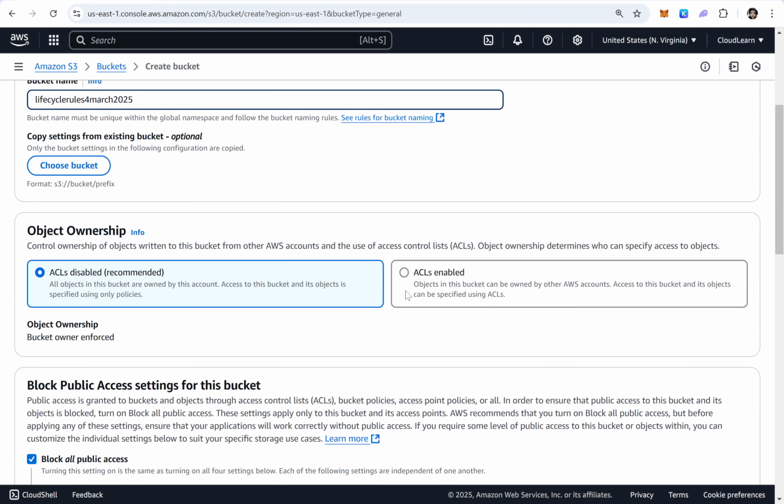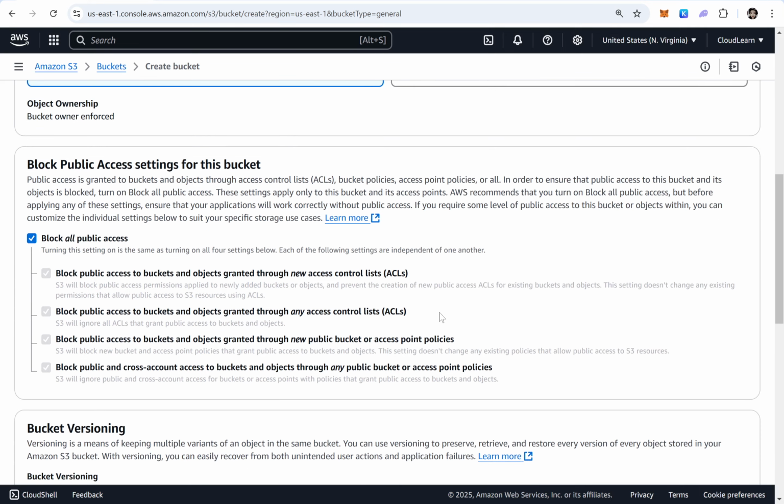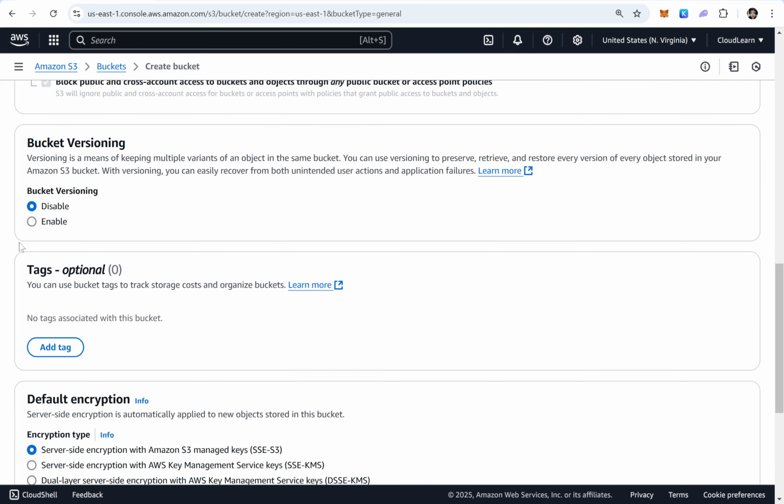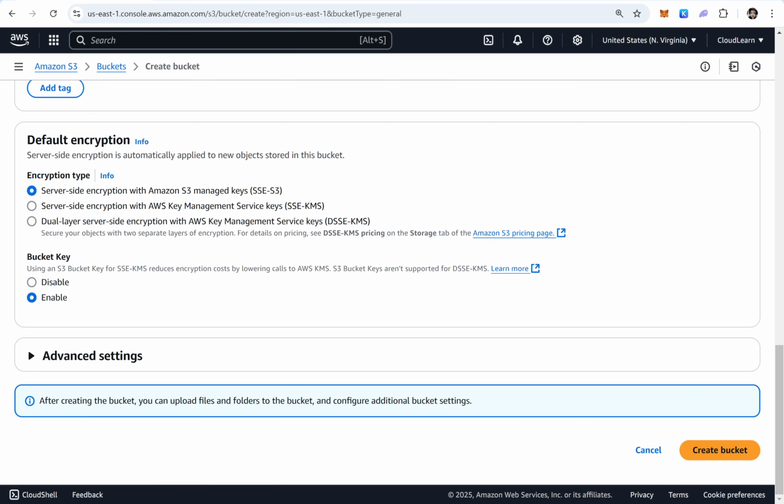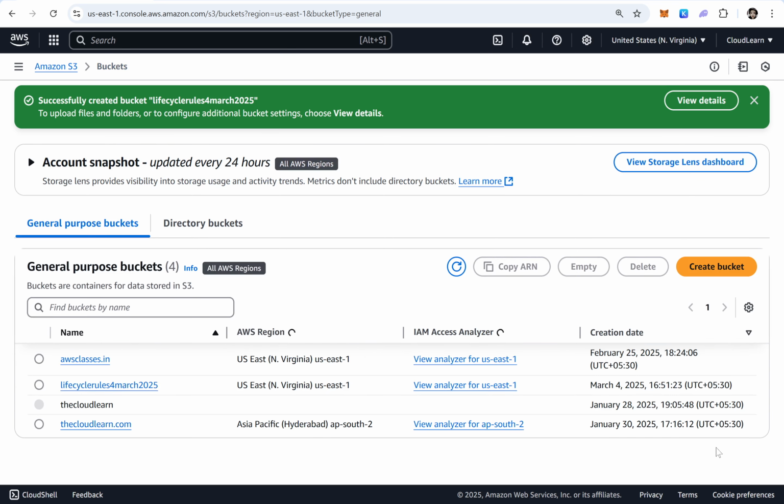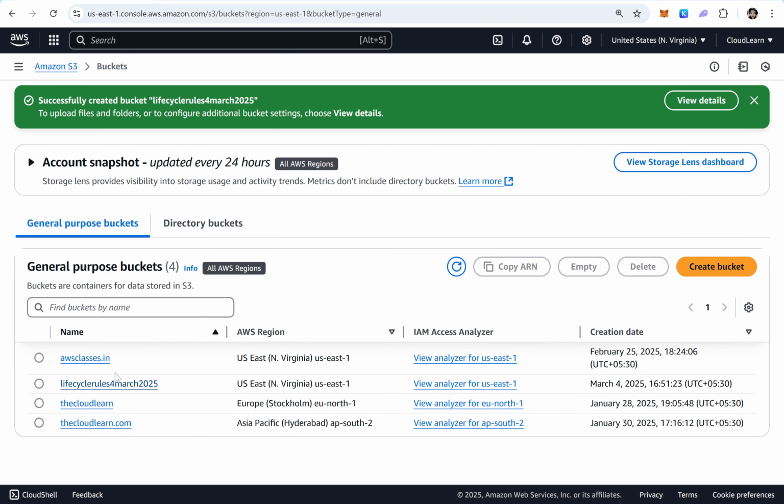It doesn't matter whether you enable ACLs because we are not making any object public. I would like to go with all default options. Here I am not enabling versioning. I will explain why also. I'm keeping versioning disabled and I'm going to create the bucket. This bucket is created without versioning enabled, which means even though there is no versioning enabled, we can create a lifecycle rule for